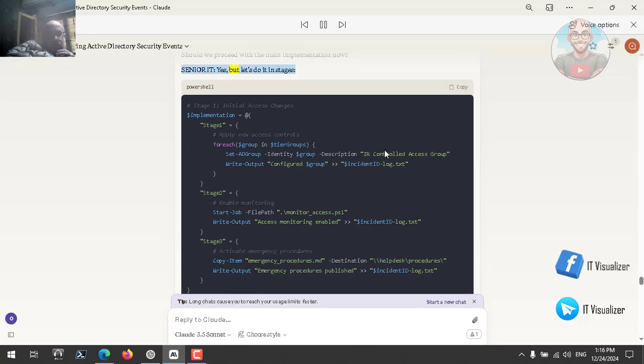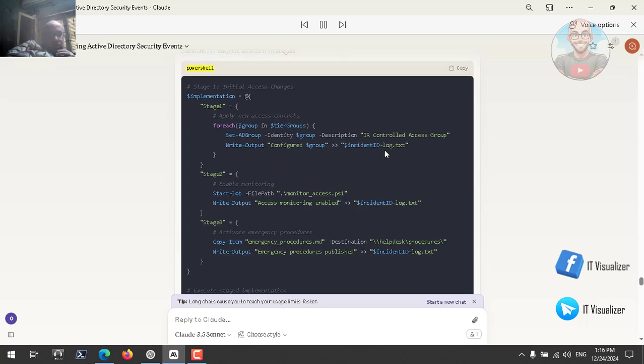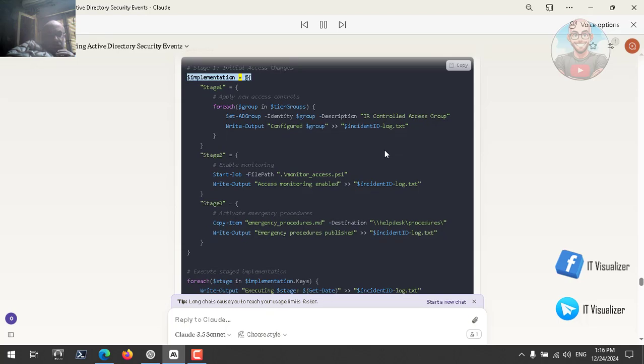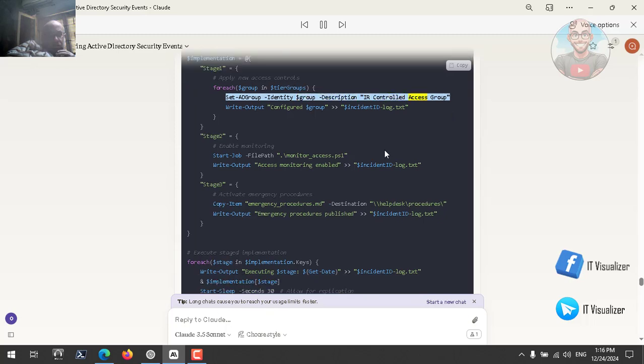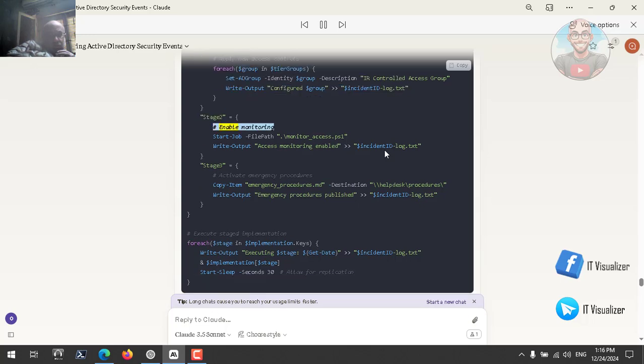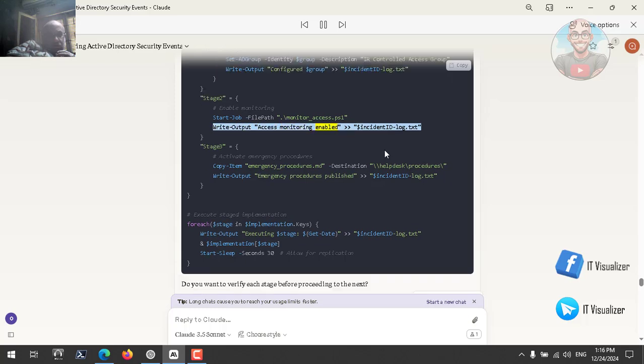Senior IT: Yes, but let's do it in stages. PowerShell: # Stage 1: Initial access changes. $implementation = @{ stage1 = # Apply new access controls. foreach ($group in $tierGroups) { Set-ADGroup -Identity $group -Description "IR controlled access group". Write-Output "Configured $group" >> $incidentID log.txt. } stage2 = # Enable monitoring. Start-Job -FilePath .\monitor_access.ps1. Write-Output "Access monitoring enabled"